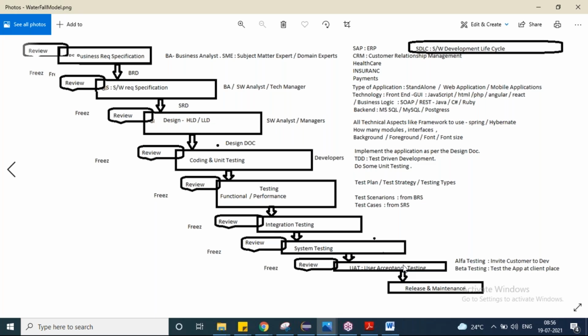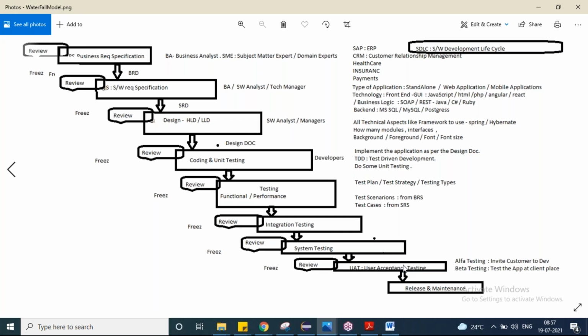Finally, we are done with user acceptance testing. We did both alpha and beta testing. Finally, the application is ready for release, and we will deploy the code into the production environment of the client, or give the software completely to the client, and the client will start using it. That we call a release. And definitely there will be a window called the maintenance window. Maybe for 6 months we give free maintenance. If they run into some issues, we are here to solve them. So in the contract, we will maintain that. If the contract has a 6-month maintenance window, of course we'll do that. Once the maintenance window is done, then he has to pay us. Maybe that depends on the contract that we are going to execute.